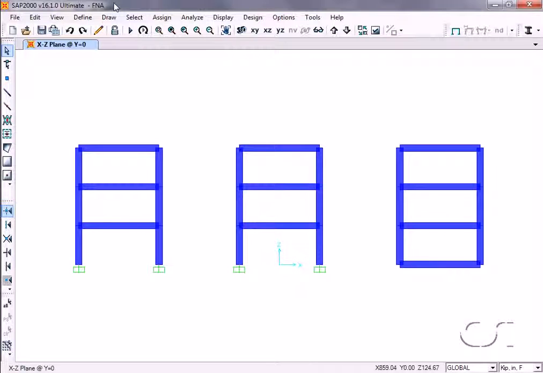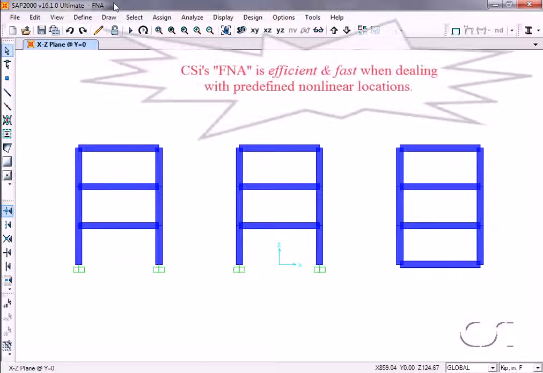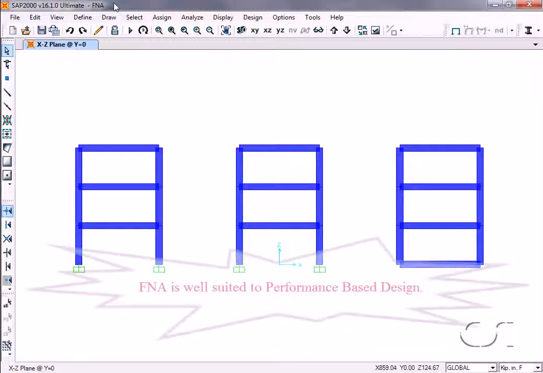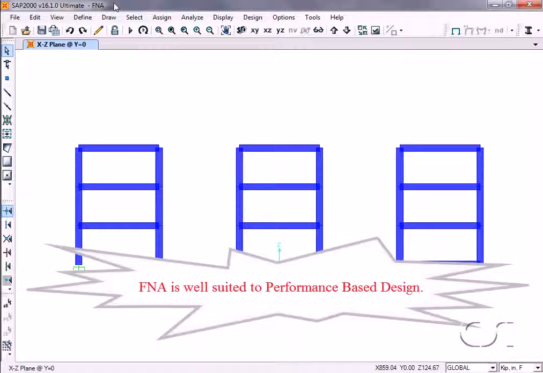This SAP 2000 tutorial will show how to use fast nonlinear analysis, or FNA, to analyze a model with dampers and base isolators. Fast nonlinear analysis allows for extremely efficient and fast nonlinear analysis when nonlinear behavior is limited to predefined locations. The FNA analytical technique lends itself extremely well to modern earthquake design practice, where the goal is to